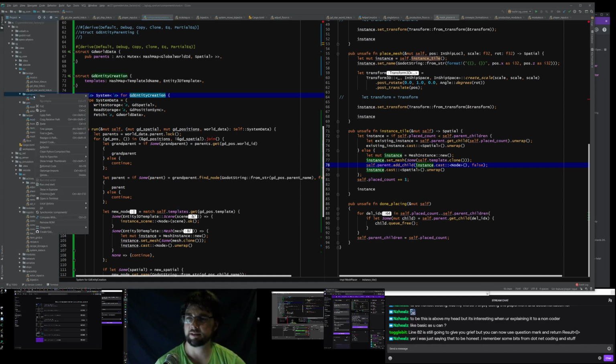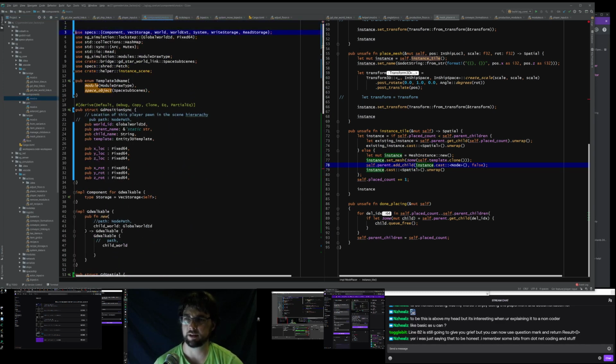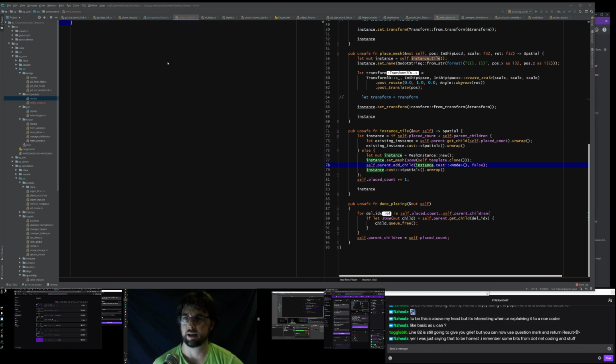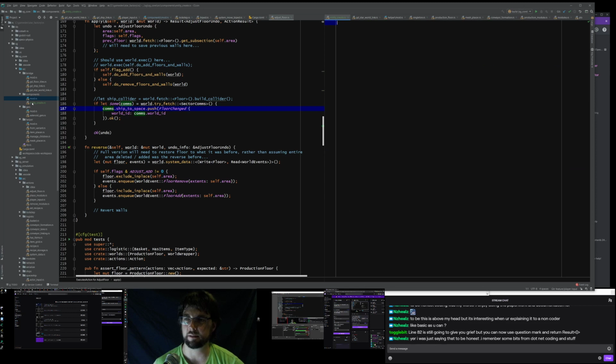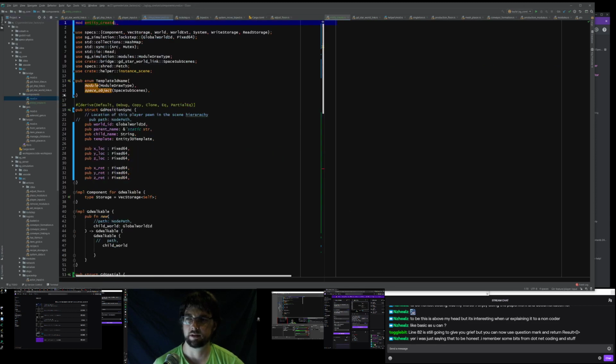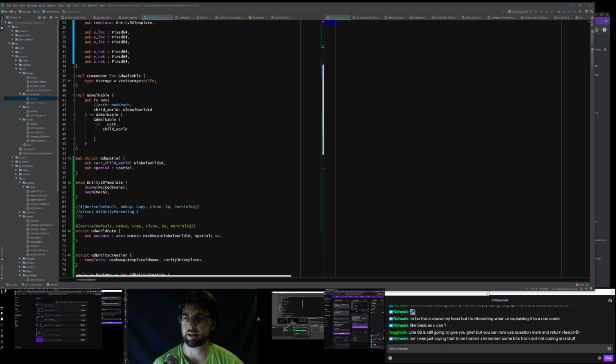So let's just make a submodule for this. A quick way of doing that in CLion is to go up here, say there's a mod. The module is going to be entity create, and it will create a new file with the right name, and it'll put it in the right place. The right place is next to the mod file here. And then inside the entity create,